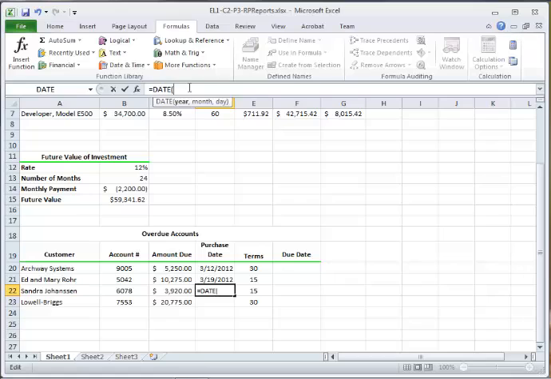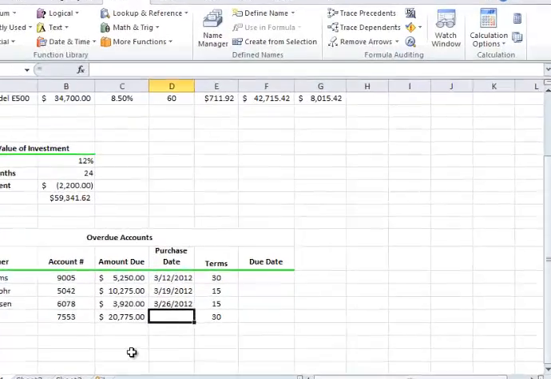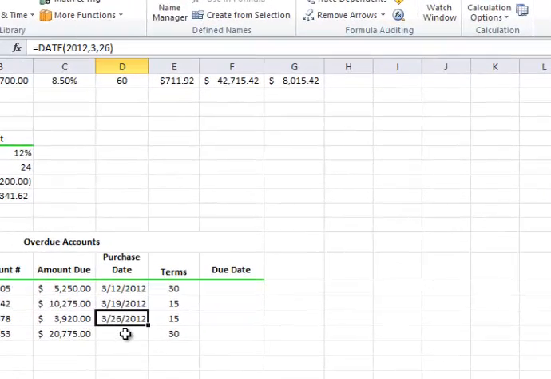So what year is this? It is 2012, comma, and the month is 03, then comma. I'm just following this guideline here, and the date would be 26, and then close parenthesis and hit the enter key, and that's how you can enter the same